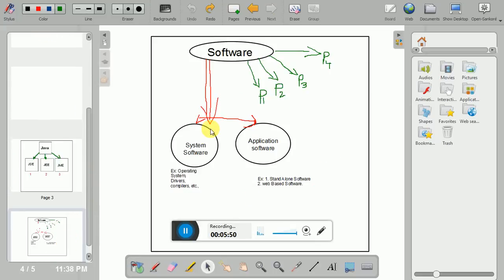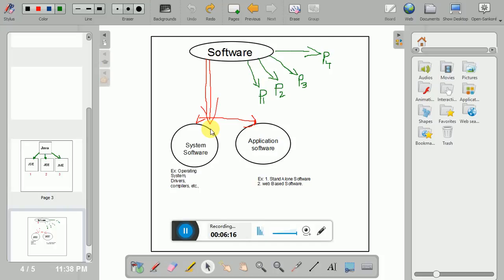This is the software, and software means a set of programs. For example, just now we discussed multiplication. It's one program in a calculator. Calculator is one software. By using a calculator, we can perform many operations like multiplication, addition, subtraction, division,